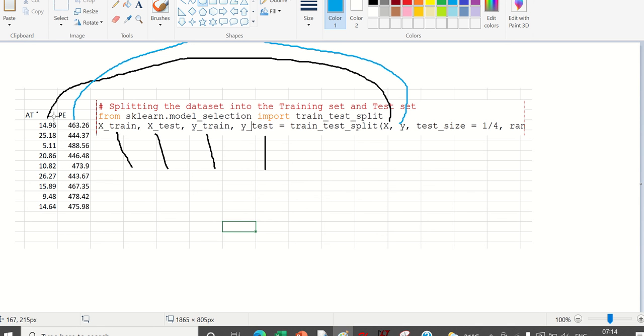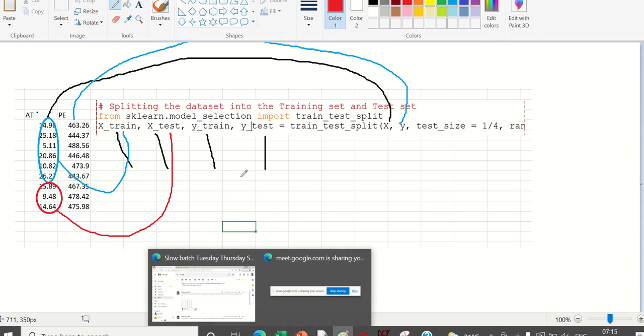So this one here, 75%, will be your X train. The remaining is your X test.